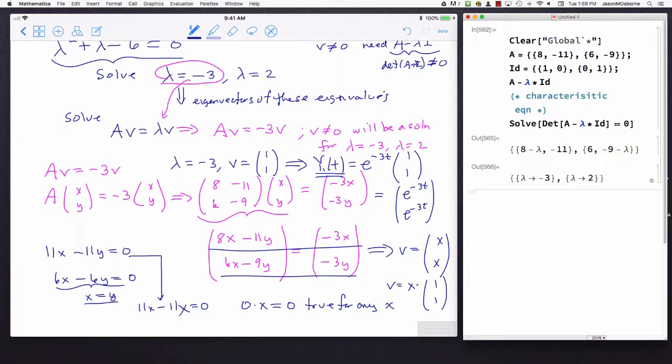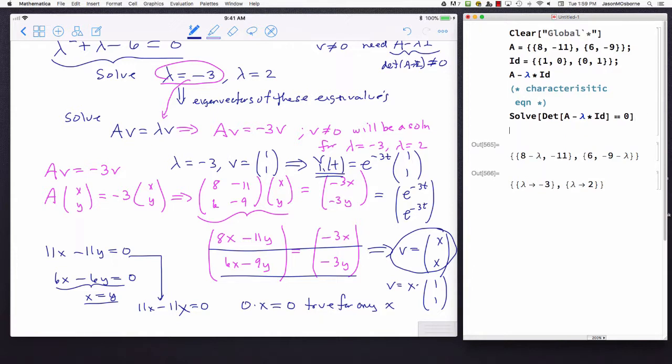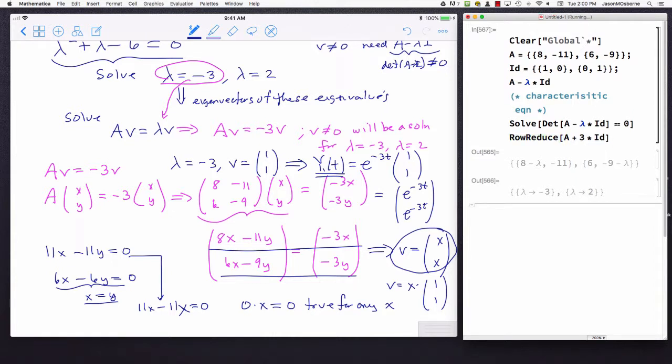Okay? So the trick is to find these eigenvectors. You can do that on the computer by taking the eigenvalues that you found and using a linear algebra technique: row reduce the matrix A minus, taking one of the eigenvalues, -3 times the identity. Row reduce that matrix, and when you do that,